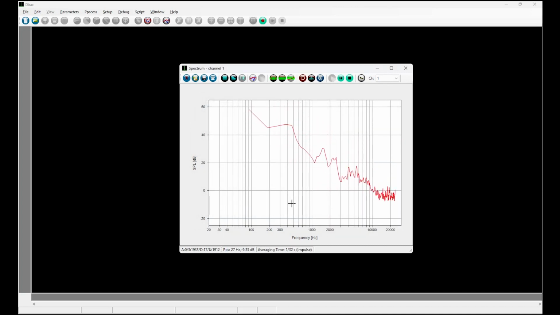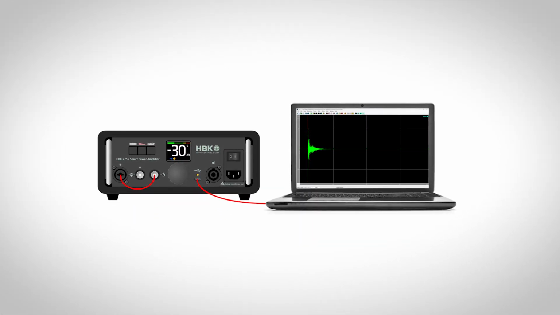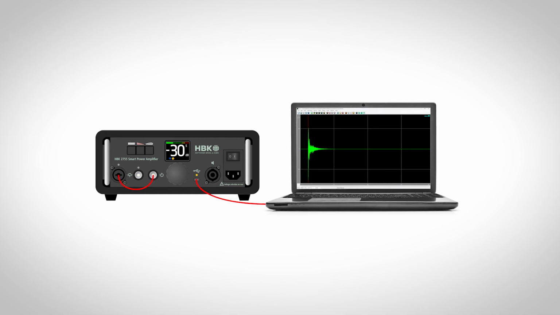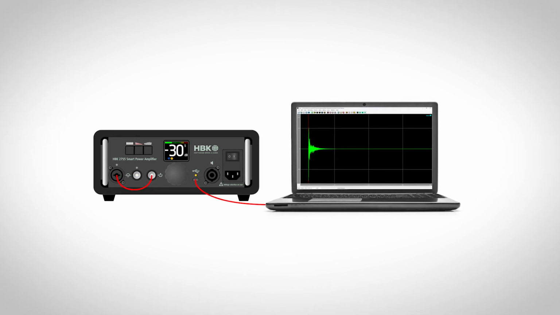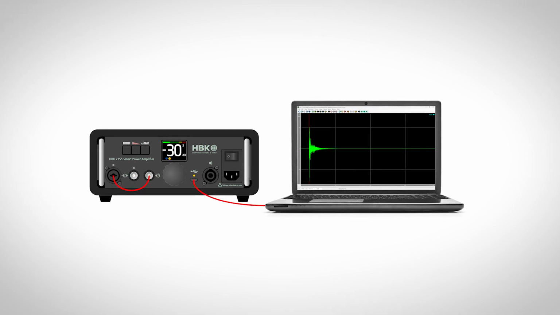However, there is a trade-off between speed and accuracy, as the frequency step size is the reciprocal of the slice time. Therefore, to increase accuracy, we would use larger slices, which will work better as the signal is statistically more stable. To demonstrate the effect of the FFT size, we replace the microphone by the onboard generator of the 2755, connecting its line output to the line input, and we turn on the pink noise generator, which produces a steady